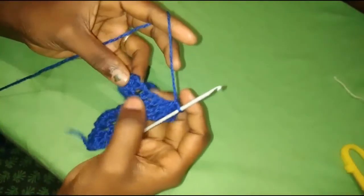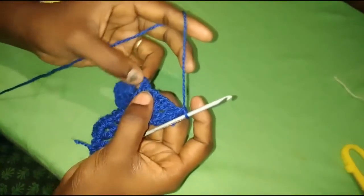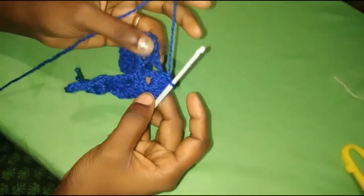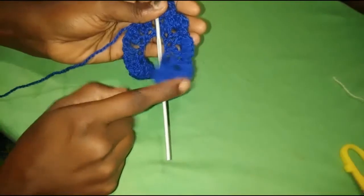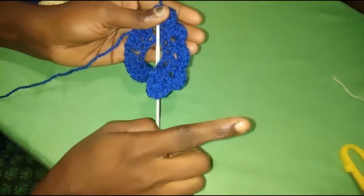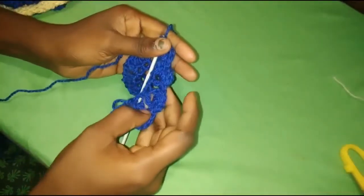Into this make 5 double crochet, 1 single crochet, 5 double crochet, 1 single crochet. Continue the same pattern for 5 sets. First 4 sets I am using 4 double crochets and 1 single crochet. After finishing these 4 sets,